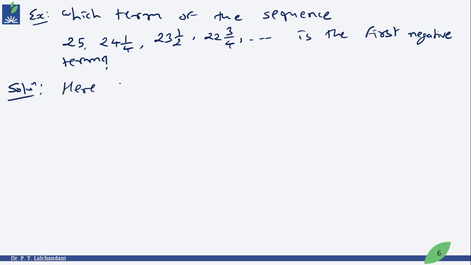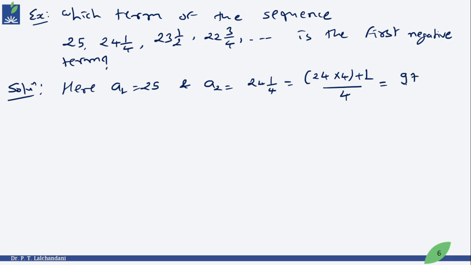Here a1 is equal to 25 and a2 is equal to 24 1 upon 4. Let us simplify this. So it is 24 into 4 plus 1, divided by 4. So it will be 24 into 4, that is 96, plus 1, so 97 divided by 4. Now let us find out the consecutive difference. So d is equal to a2 minus a1. What is a2? It is 97 divided by 4